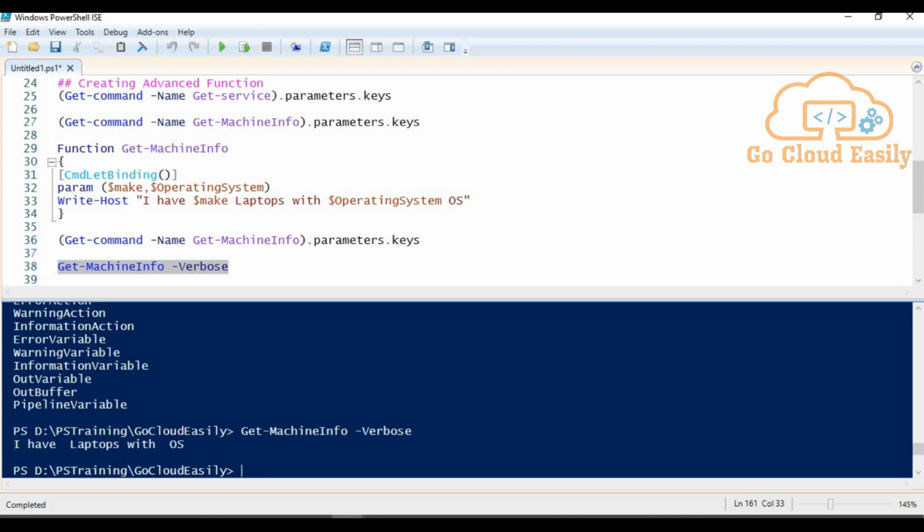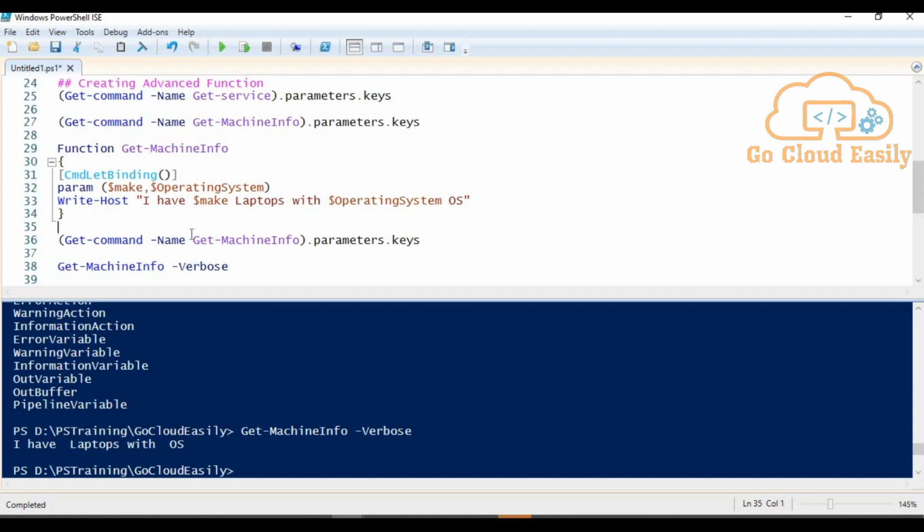What I am getting is simply the output of my code, that is, I have laptops with OS, right? Because I have not defined the parameter values, that's why I am not getting the brand and not even the operating system. But the main thing I want to show you here is that we are not getting any output against the Verbose parameter, right?